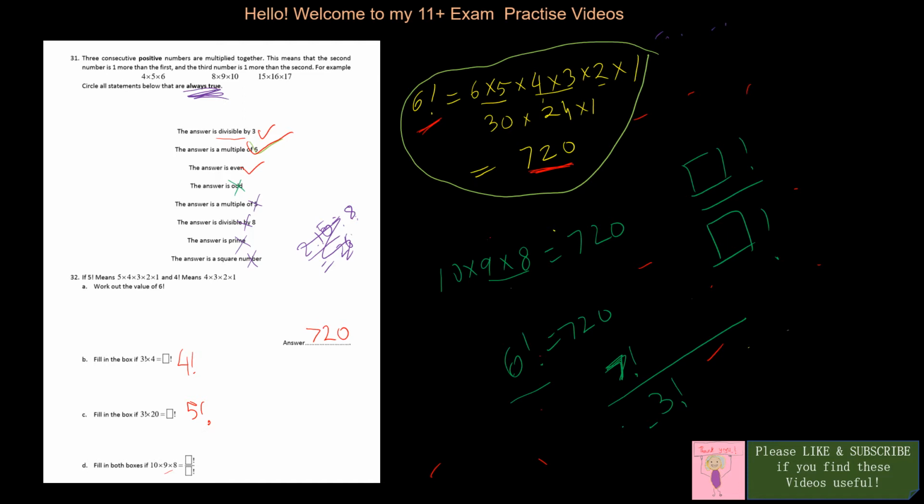Because factorial 7, it would mean if you do 6 times 4 times 3 times 2 times 1 divided by factorial 3, this is going away. So you're only left with 24. So 24, if you do 720, see 720 we have, you need a 5. So if you do factorial 5 divided by factorial 3,